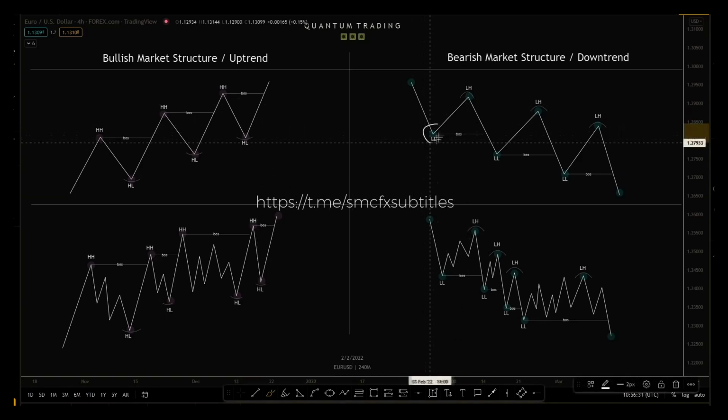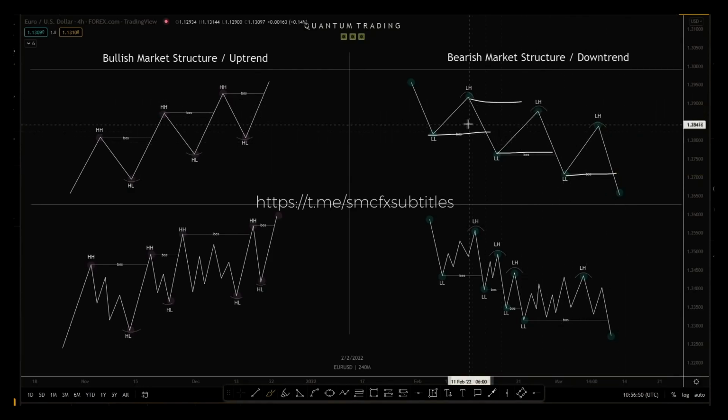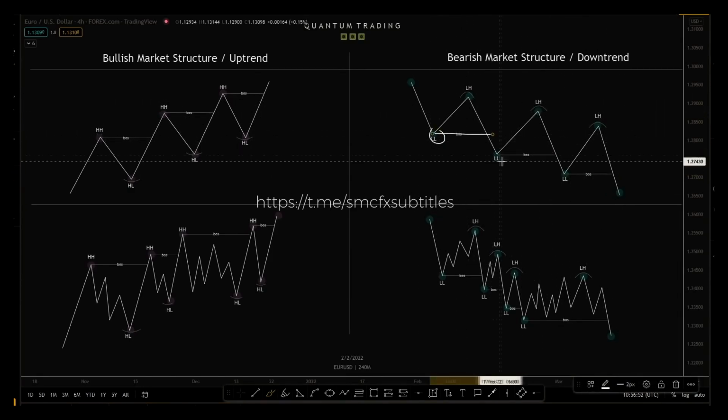So we have a lower low, price pulls back, puts in a new high, and then when we get a break of swing structure, we then put in this new lower low. This lower high is what we go into in later videos, called a protected high. Then we have this weak lower low, and we just consistently see these lows get taken whilst the highs never get broken. As you can see, the lower low gets broken with a breaker structure, lower low gets broken with a breaker structure, and this one gets broken with a breaker structure, and you can see these lower highs never